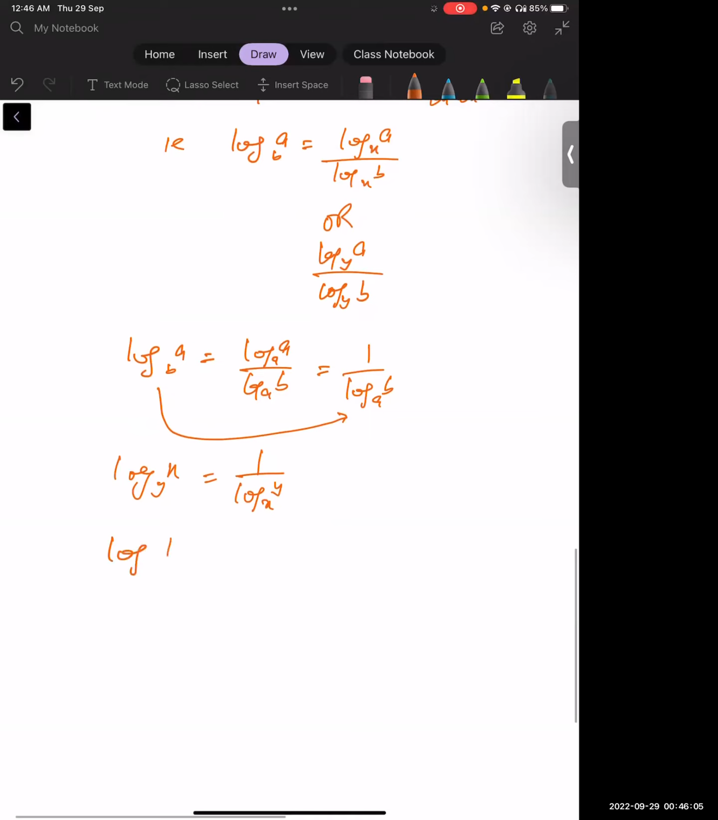Suppose I ask you to calculate log 10 to the base 100. You say, I don't know the value. What should be the value of this answer? Not 2. What should be the value of 10 to the base 100? It is not 2. Log 10 to the base 100. That would be